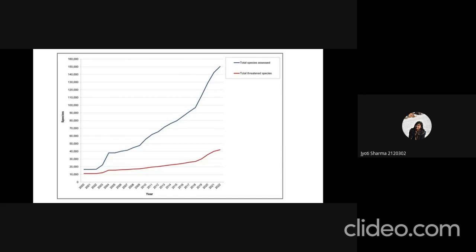And can you see the rate of threatened species? Right now we have approximately 40,000 species that are threatened with extinction, or threatened, endangered or something else. Okay, so this is the rate at which we are losing our species, or we are putting the species in a vulnerable condition. Okay,